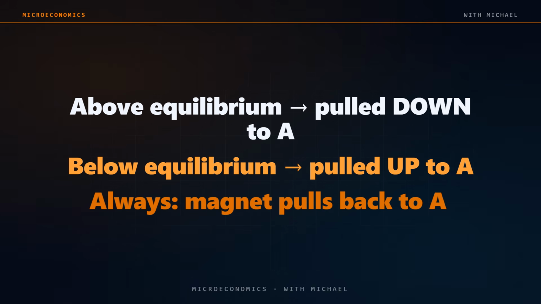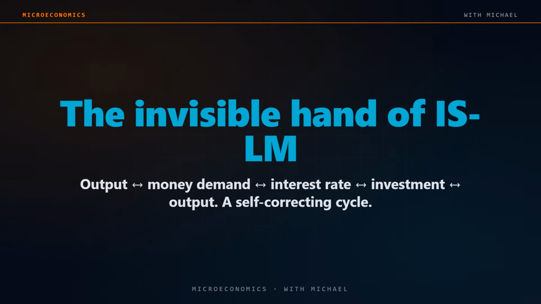There are limits, of course. The ISLM model assumes prices are sticky in the short run, which is a reasonable approximation for the next few quarters, but breaks down in the long run, where prices fully adjust. It also assumes a closed economy in its simplest form. Open economy extensions add the Mundell-Fleming overlay for exchange rates and capital flows, which we will cover in a future lesson. And it does not directly capture expectations or financial sector dynamics, which is why modern new Keynesian models extend ISLM with additional structure. But for an undergraduate or first-year graduate student, ISLM remains the gateway to thinking about macro